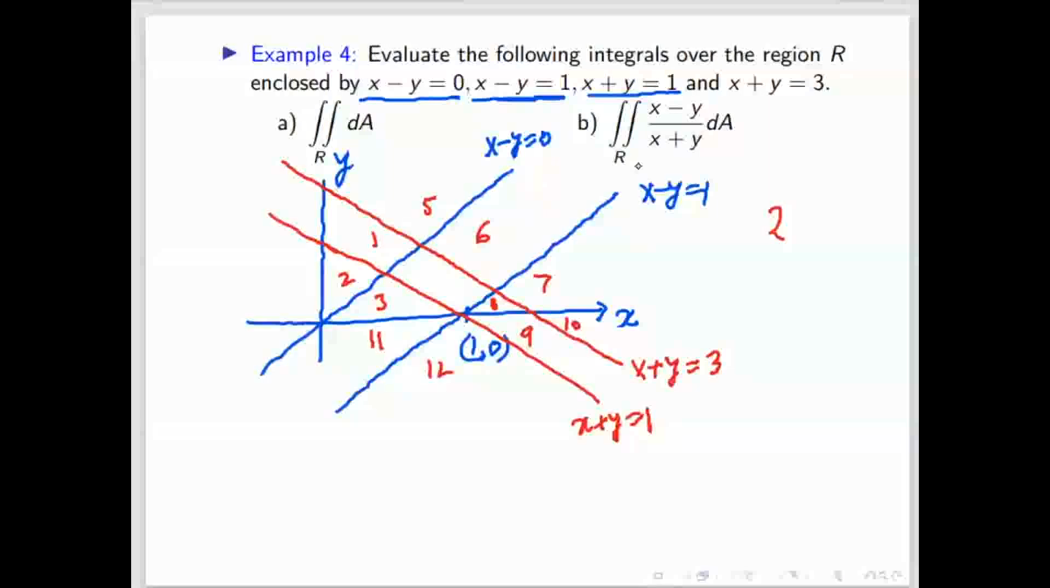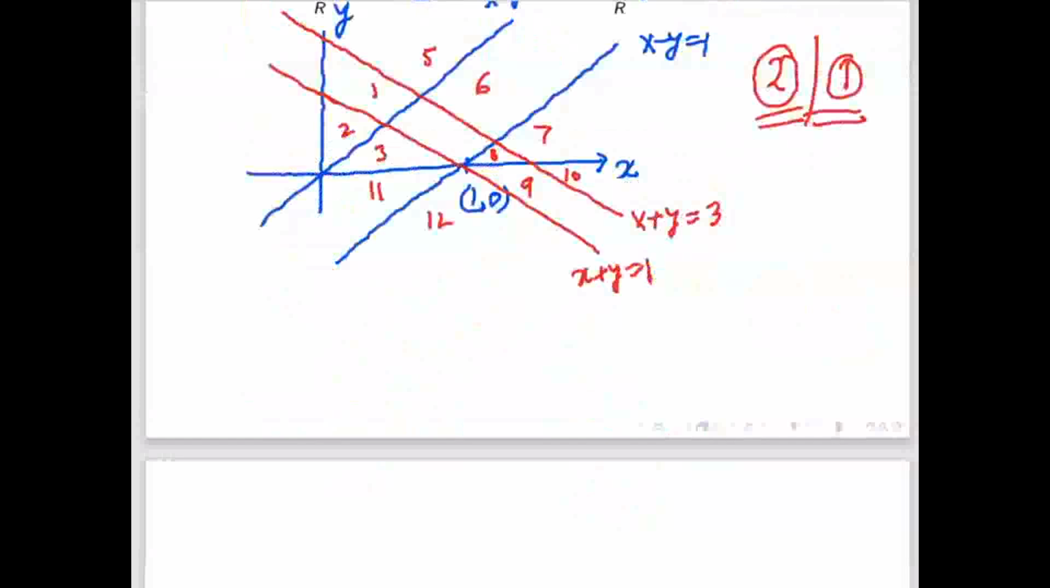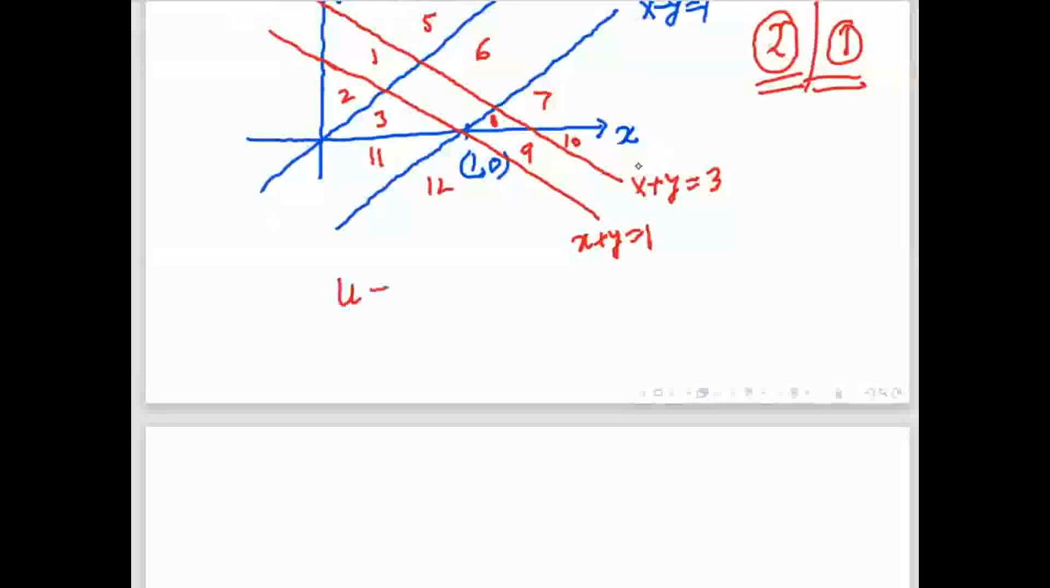So we can find the limit also here in the xy plane. But now what I want to do is change some transformation so that this integration will become very easy. If you assume x minus y equal to u and v equal to x plus y,